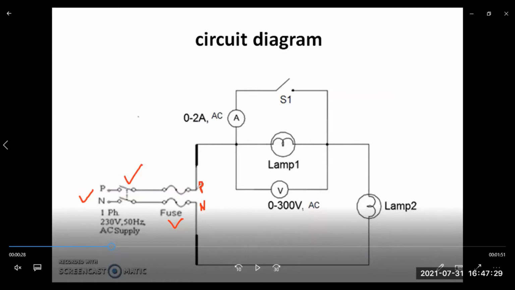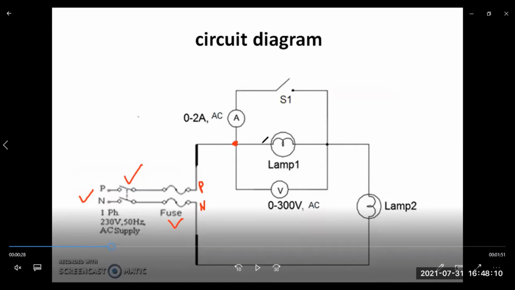So how to do the connection? Take a wire. You can use a wire with a suitable plug. Don't take a normal wire. Make sure the wire has a suitable plug connected to it. That I'll be showing you. Don't simply use two wires because of safety concerns. Make sure the plug is connected properly. From the phase point you have to take a wire. It should be connected to the center point here.